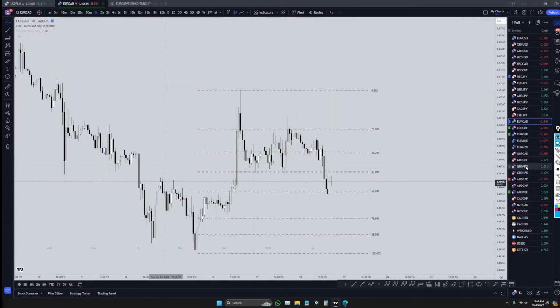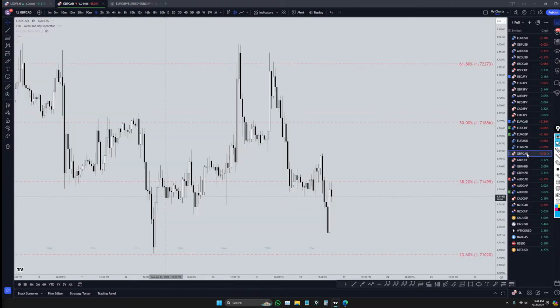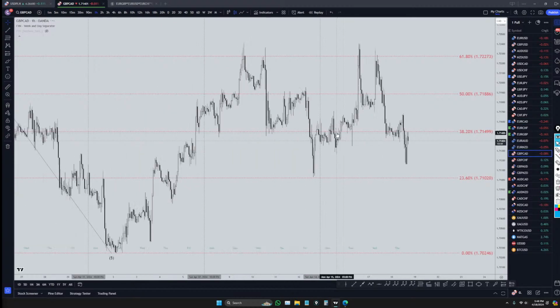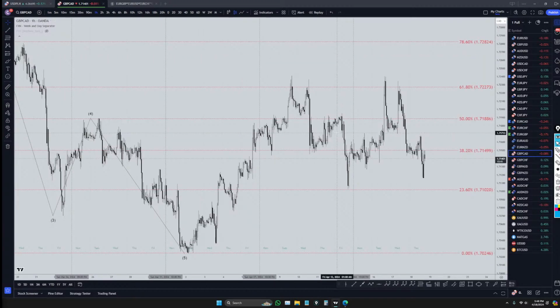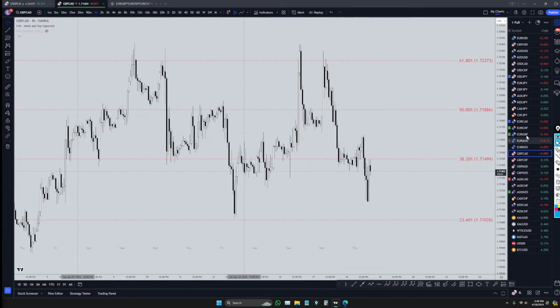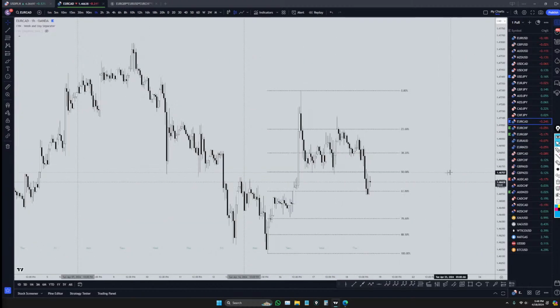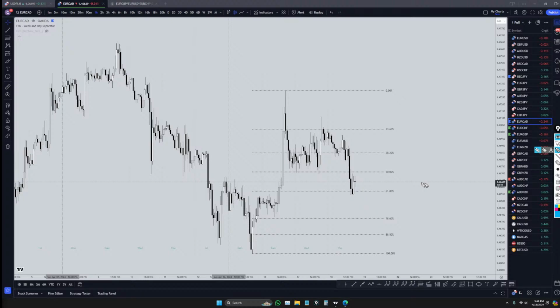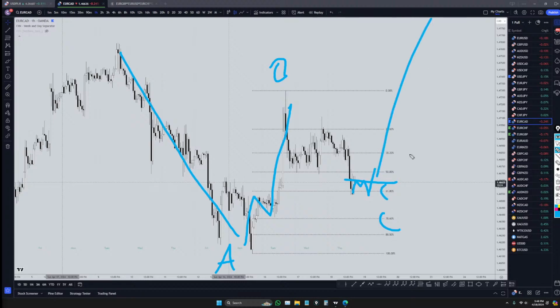but where's the pound CAD? What did the pound CAD do? Yeah, the pound CAD already made its wave C. So yeah, this is probably not going to actually do that. This is probably a wave A, this is probably a wave B. I bet we're in a wave C right now, which may not be over yet, but boy, if I get a breaker start to the upside at any one of these fib levels, I would definitely go long. 100%.